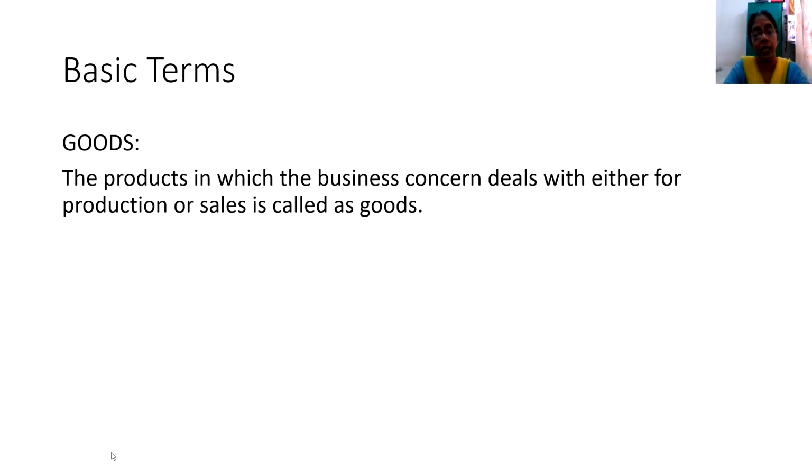Let me just explain you with an example. You go to a supermarket and you find trolleys over there which is referred to as assets. You find computers in the billing section. Go and ask that person standing near the bill counter, is this for sale? He will laugh at you and say, no sir, this is not meant for sale. So the computers are maintained in the supermarket to increase the billing capacities, and they are using it so that the customers are satisfied. More number of customers would come because the billing time would be reduced by the use of the computers.